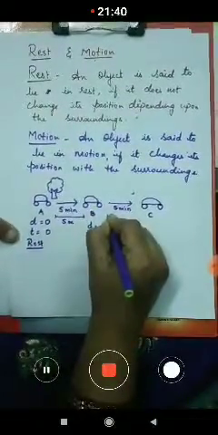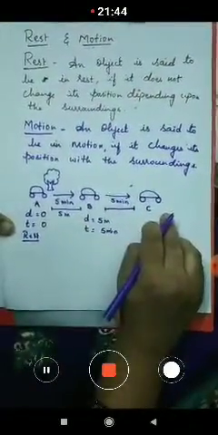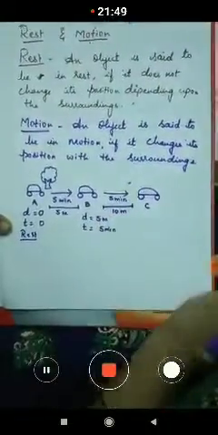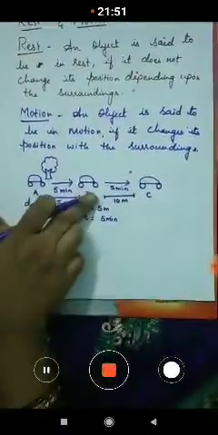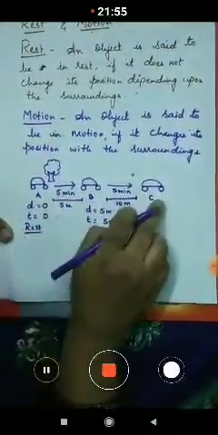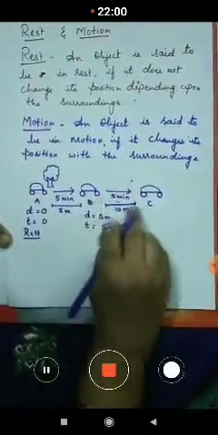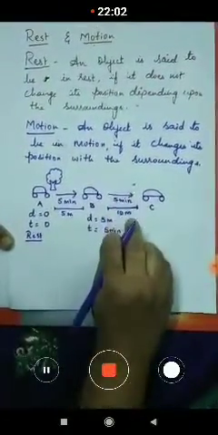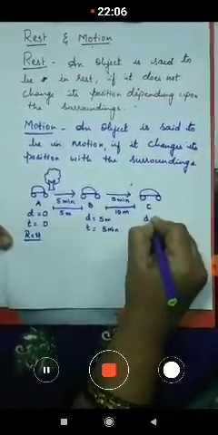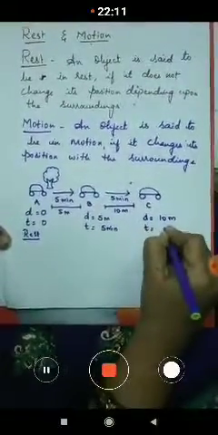Now what happened to the distance travelled here is 10 meters. So it has moved from position B to position C. The distance covered by the car in 5 minutes is totally 10 meters. So how can we write here? The distance travelled is here 10 meters. The time taken is